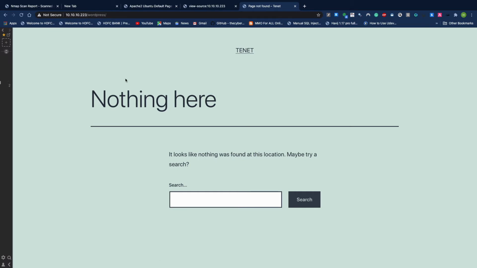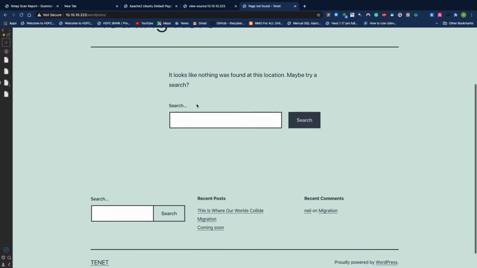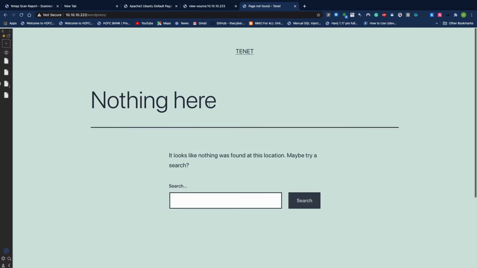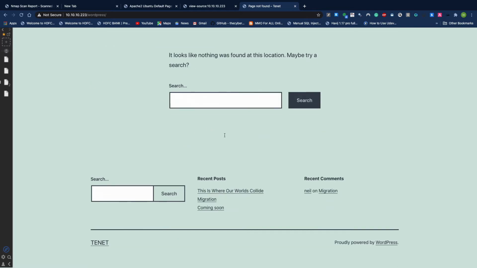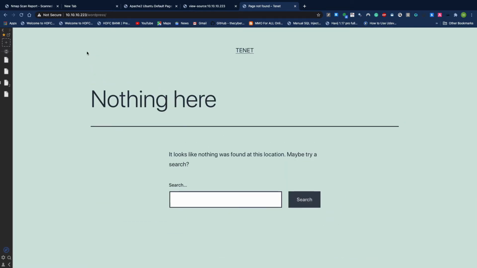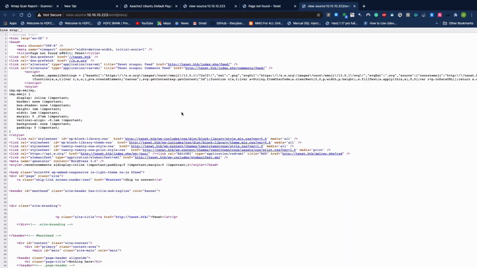Here we can see clearly we have a beautiful page, and if you check, it looks like a static page, there's nothing here. So what I can do here is click on view page source. Last time we went to the IP address and did view page source. This time we are doing it under WordPress, so I identified the directory and I am putting it after that IP address.